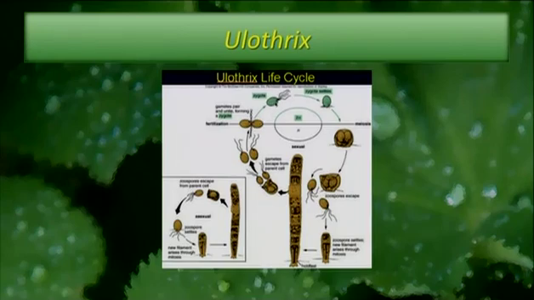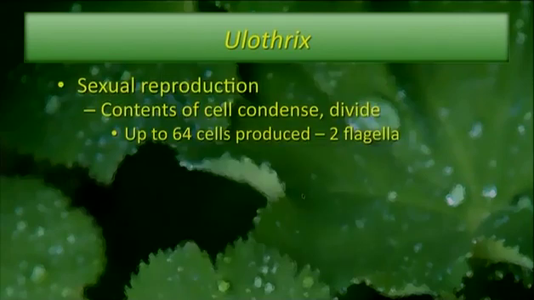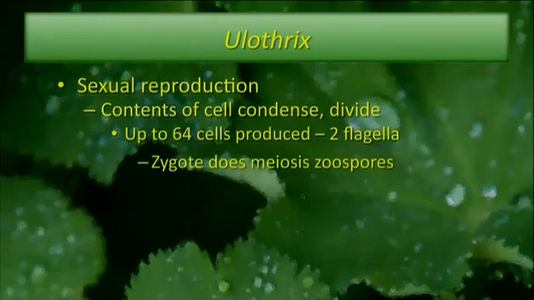So also in this Ulothrix life cycle, the zygote is the only diploid state. The zygote goes dormant, and then when conditions are right, it undergoes meiosis. The zoospores escape, then they settle, and then they grow a new filament, and then they can continue with their sexual reproductive cycle. So the zygote does meiosis to form zoospores,